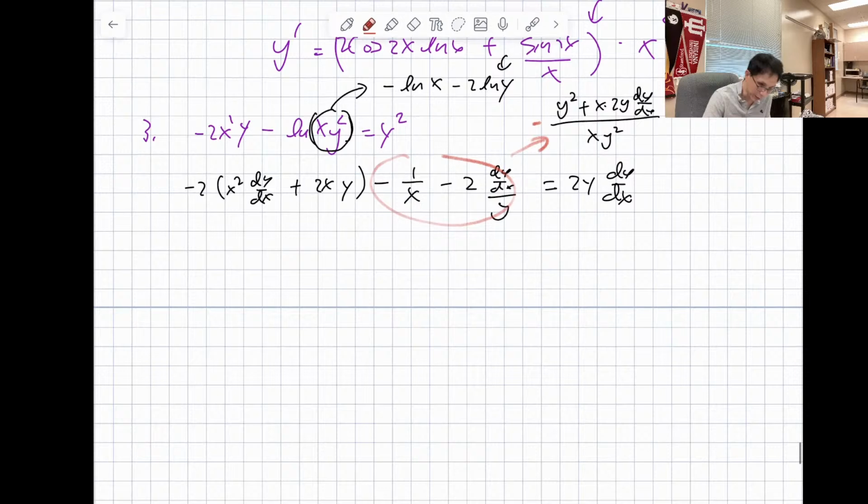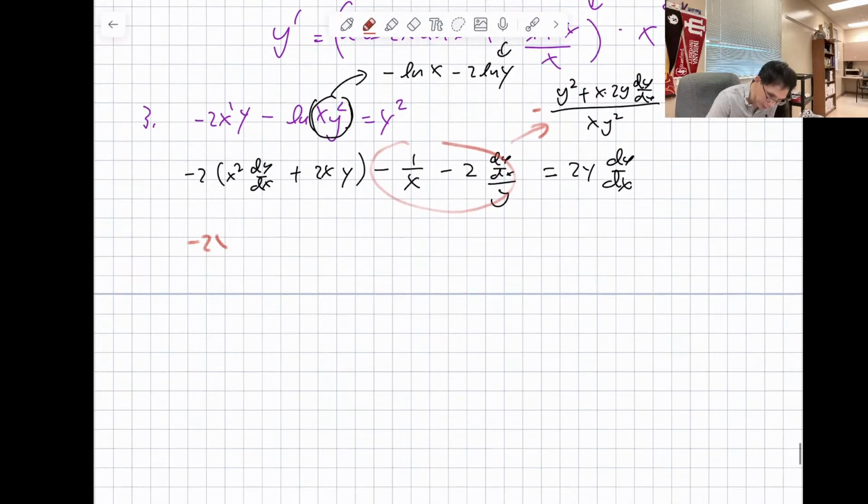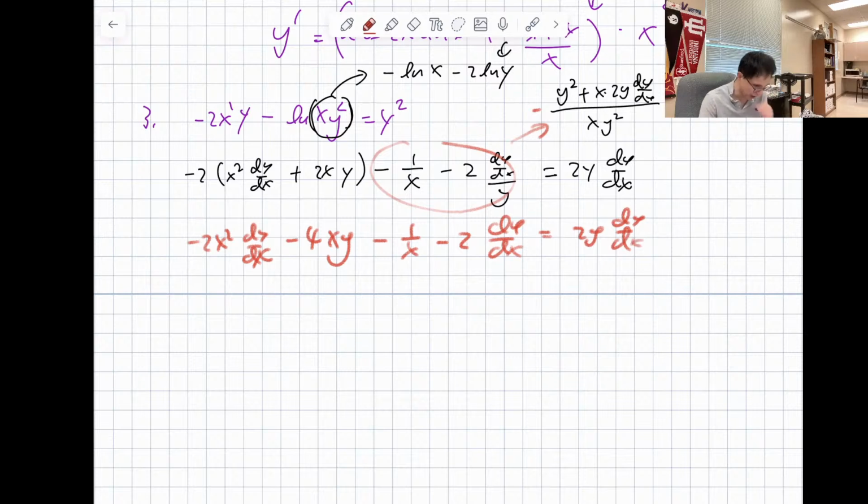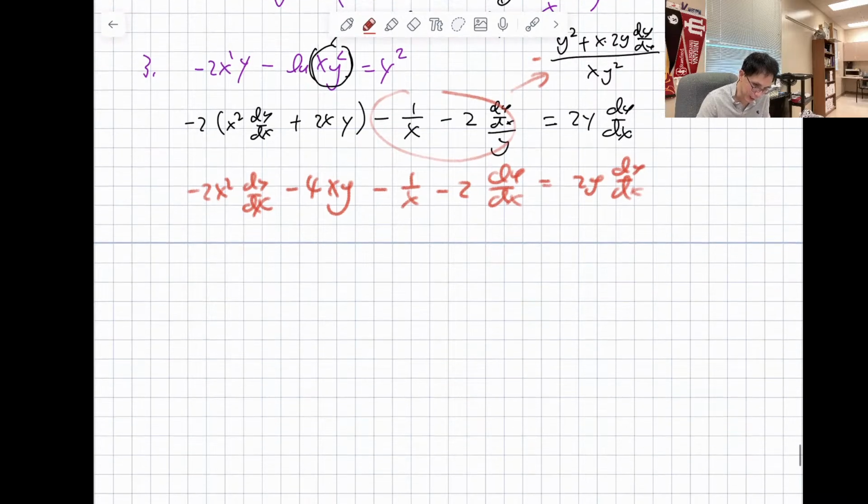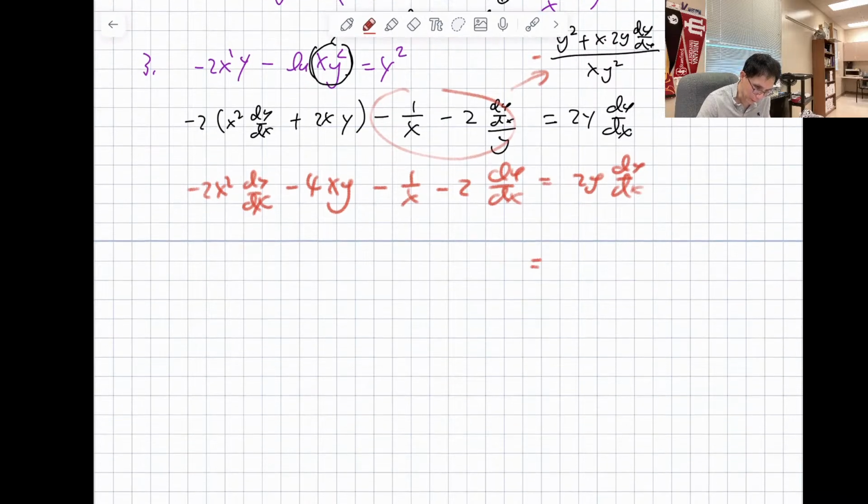Okay. So now I'm going to go ahead and change this. So it'll be negative 2x squared dy/dx minus 4xy minus 1 over x minus 2 dy/dx equal to 2y dy/dx. I just distributed. I didn't do anything crazy. Now I'm going to do all that in the next step, very quickly. I'm going to factor out dy/dx on this side. This one will be 2y plus 2 plus 2x squared. And this one is going to be negative 4xy minus